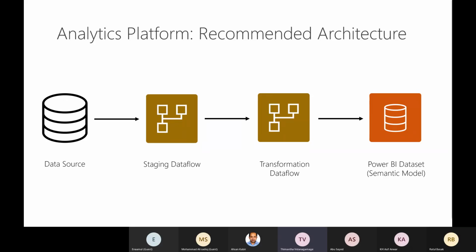You have a data warehouse in the transformational data flow. Just to explain why we need this staging data flow: why can't we just do it straight away from the transformation data flow? If you just take this off and keep this transformation data flow, what it does is it could hit